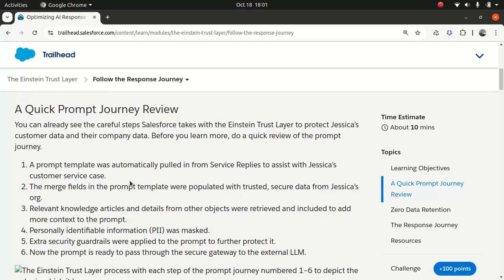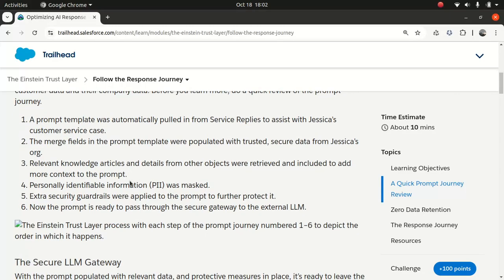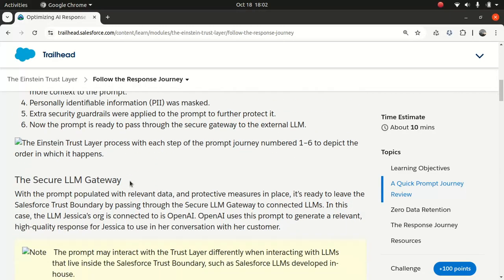Obviously, the Einstein Trust Layer plays a big role in making sure that customer information is secure. Now, you might have the impression that this means data is not secure once we send it out to the LLM. No, that's not the case. Because what normally happens, and I'm going to teach you this from Trailhead,